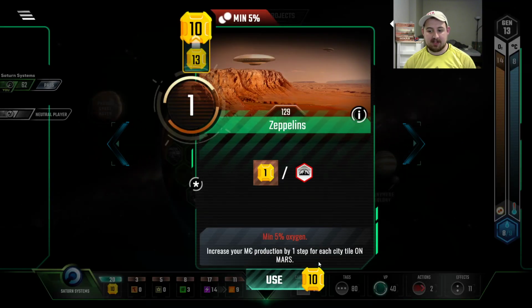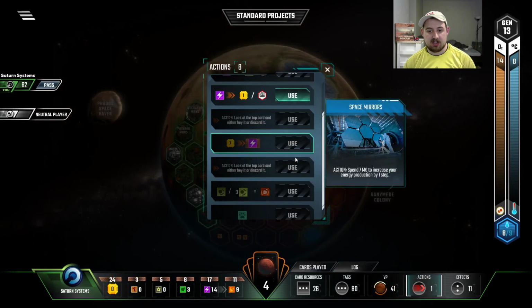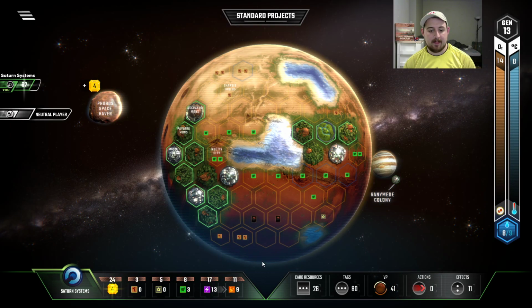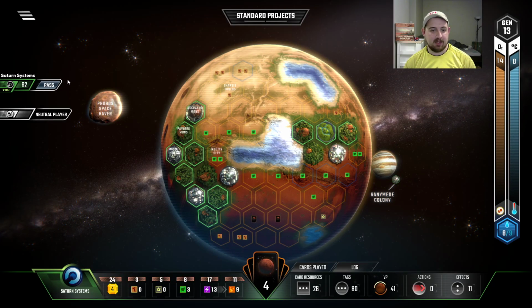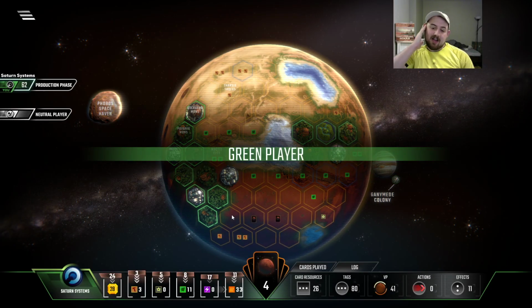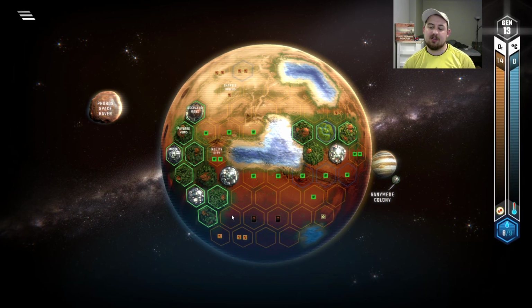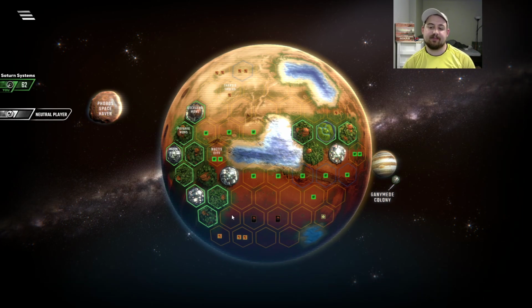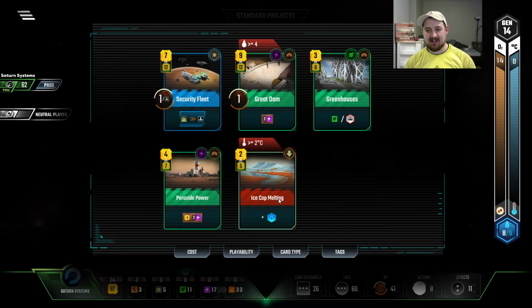Yeah, and then just zeppelins, I guess, because it's a decent point. Make a little bit of money back. I could greenhouses, but there's no telling if we'll play another thing, so... 5 titanium production, 8 plant production. We need an ocean. Hey! $2 ocean in the last turn. And colonizer training camp, which you can absolutely not play. But...